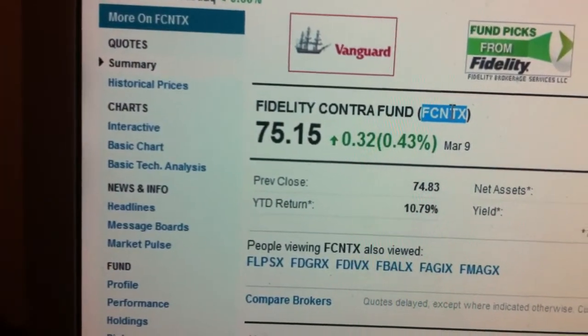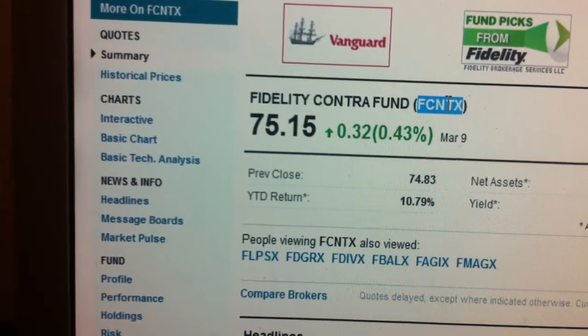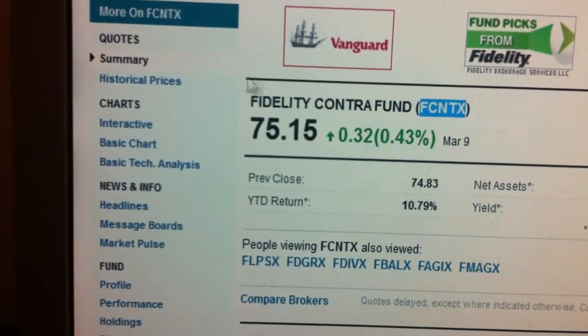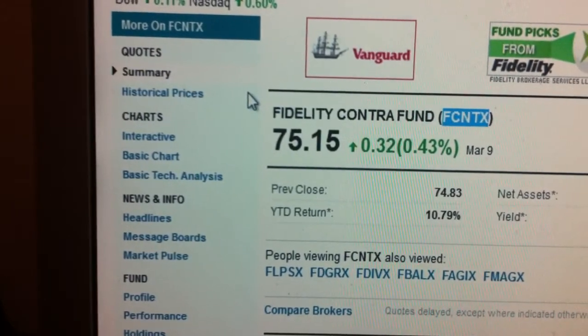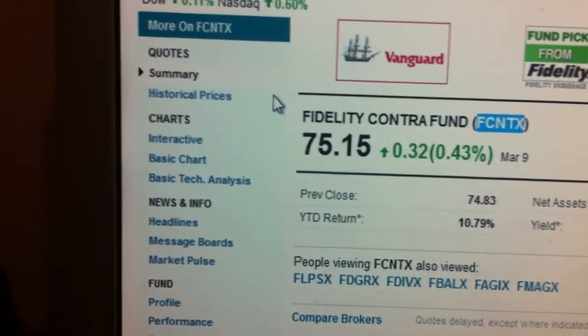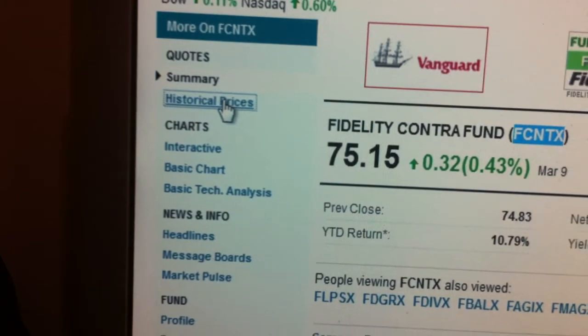You could look in the prospectus of the fund to see what they say it is, but a more accurate way is to do a style analysis where we let the historical performance of the fund tell us how it is allocated. So if you click on historical prices,